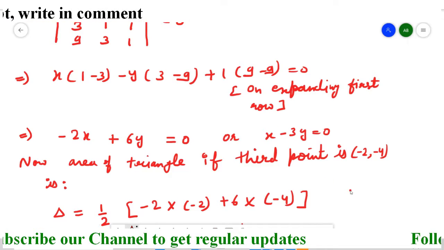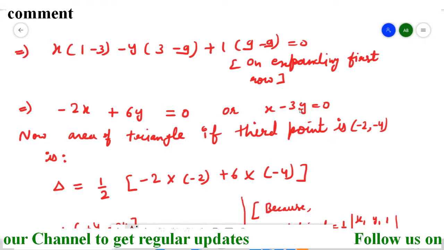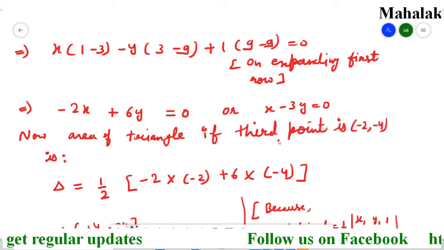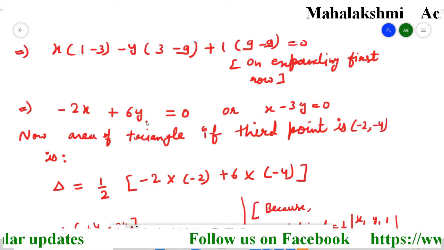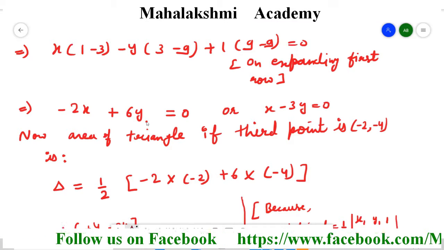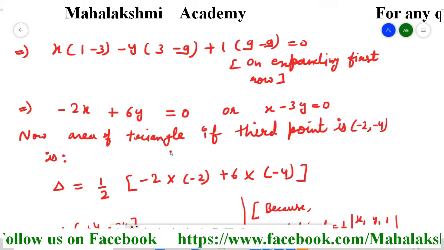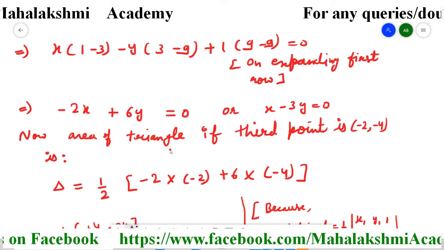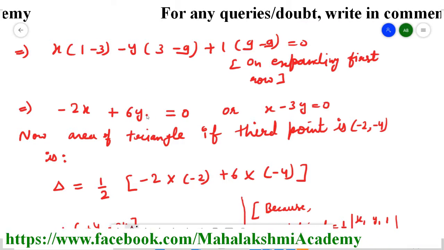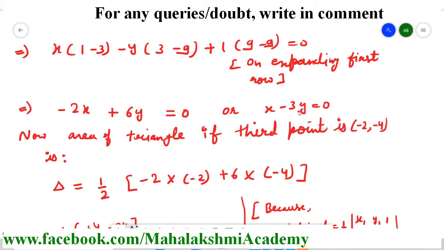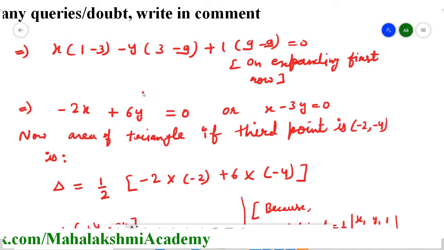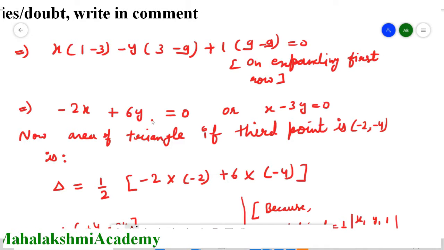But to find the area, don't use the reduced equation. Again, I am just explaining to you: make a note in your mind that if you have already calculated the equation of the line, and after that the question demands that, using that, you have to find the area of the triangle if the third point is available, then use the equation which you directly obtain from the determinant, not the reduced one. Don't use the reduced one, or you will not get your answer. Use the one you got initially, soon after the determinant, without reducing it.